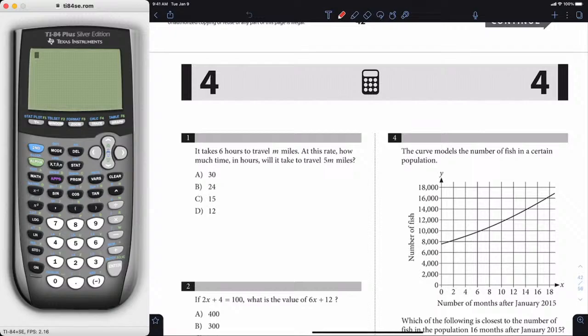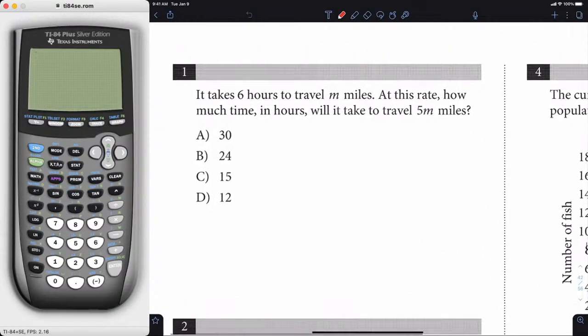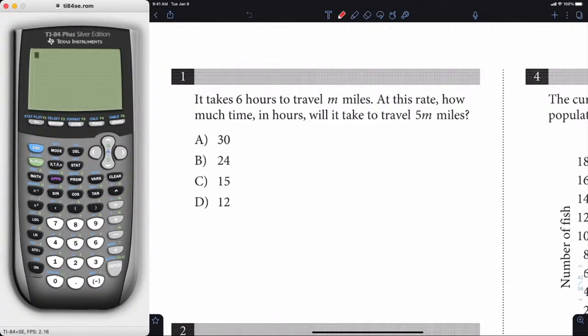Alright, it takes 6 hours to drive m miles. At this rate, how much time in hours will it take to drive 5m miles? Okay, so 6 hours to drive m miles, and we want to know how long it takes, x hours, to drive 5m miles. So we can set up a proportion here, and I'm going to cross multiply, so I get 30m equals